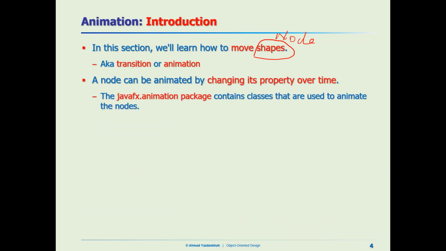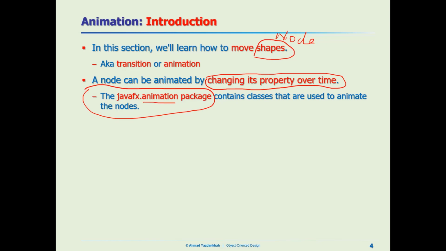So we can change the property of the nodes, or specifically shapes, over time, and this is called animation, right? So we need to use this package. In JavaFX, this animation package is in charge of all of these